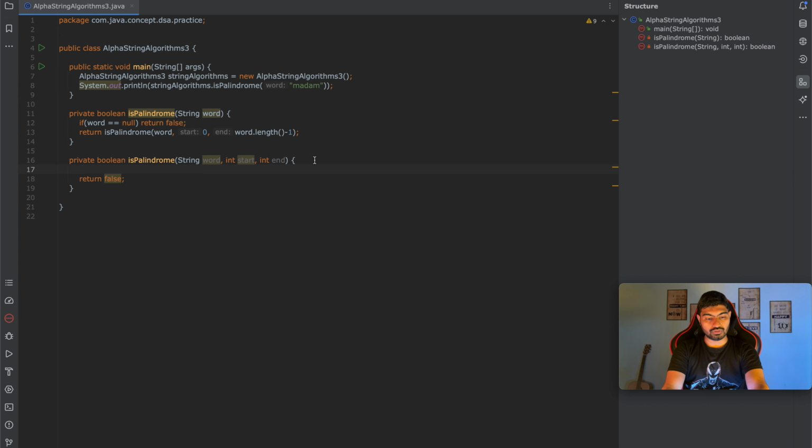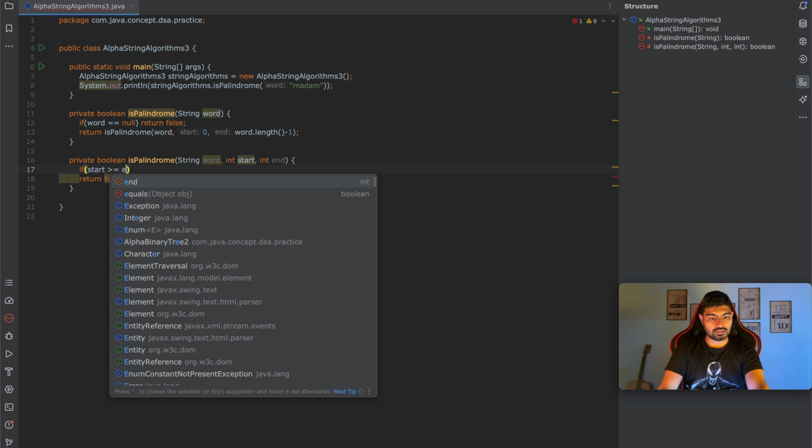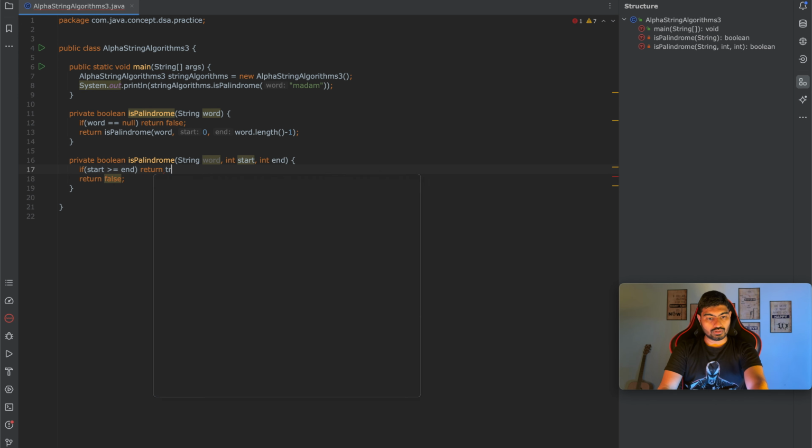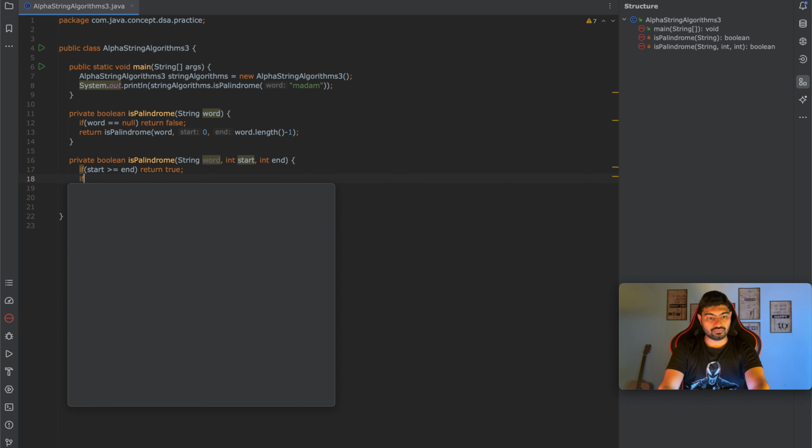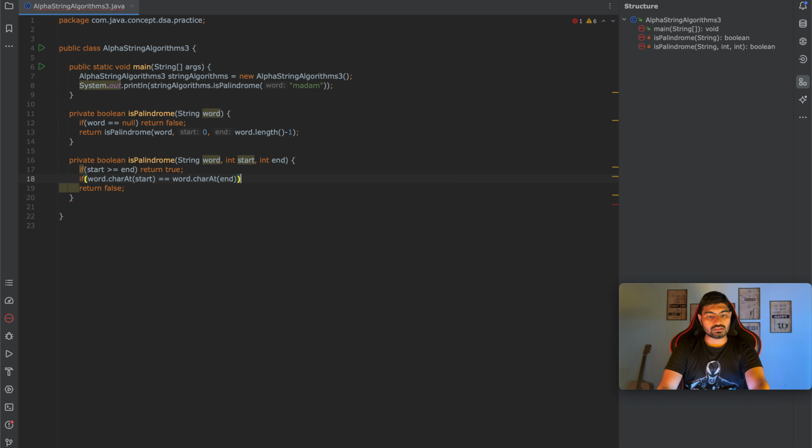Let me code that logic for you. If start is greater or equal to end, return true, because at that point we know that your string is palindrome. Now what that logic will be, if word.charAt(start) is equal to word.charAt(end), that's how you're supposed to return isPalindrome word,